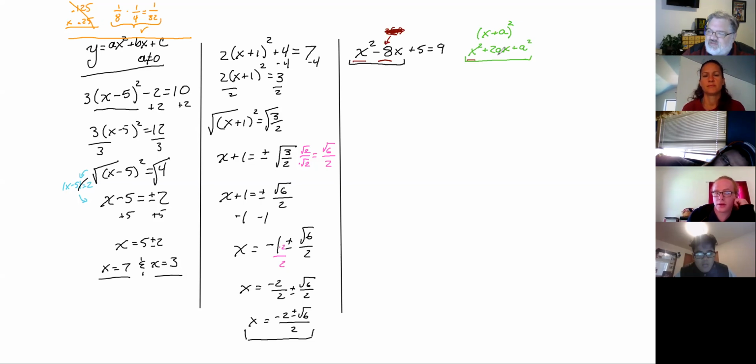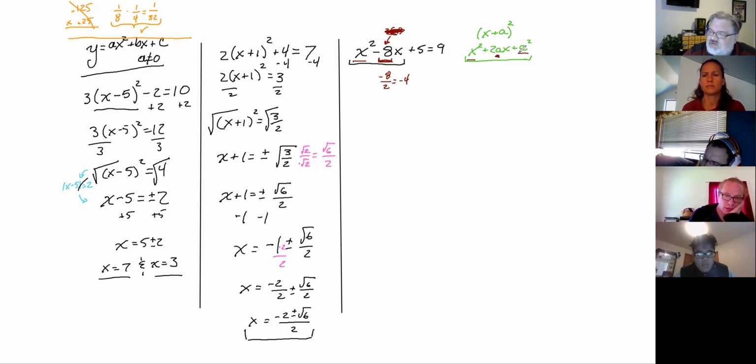So to figure out what this a is, whatever this term or coefficient is, in this case it's negative 8, we want to divide off that 2 to reveal what that a value is. In this case, it was negative 4. Again, if this was a positive 13, then this would just be 13 halves. Fair? Anything can be divided by 2. It doesn't have to be pretty.